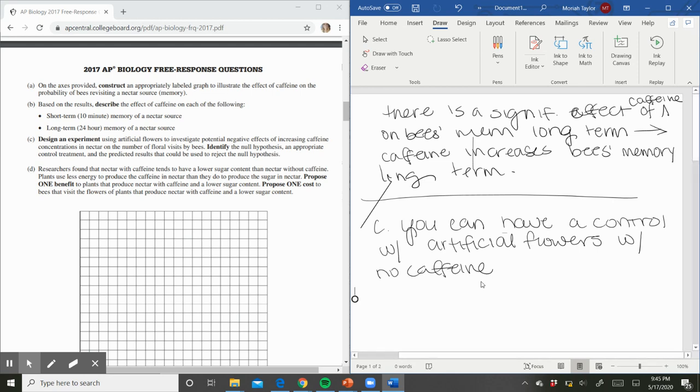So again, this would be a negative control. I don't think that it asks specifically for you to say that, but this would be a negative control in case it does ask specifically. Because there's no caffeine, then we know that nothing should happen. So that's a negative control. So you can have a control with artificial flowers with no caffeine, and then